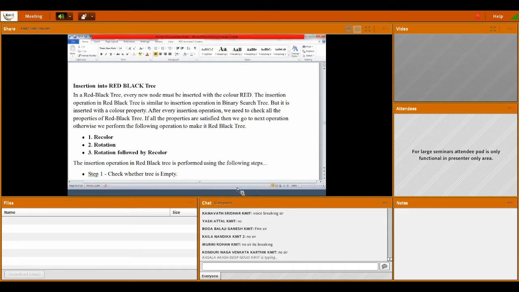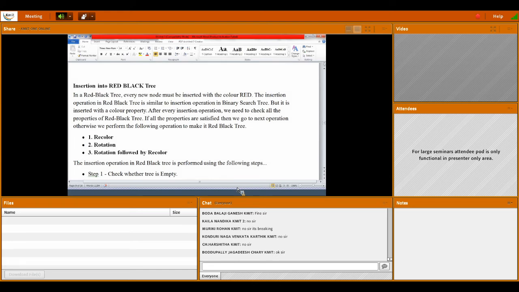Hello. Okay. So, insertion. When you are inserting a new node in the red black tree, the first property is the node should be colored red, and then the insertion operation is as usual, the same process as in the BST.